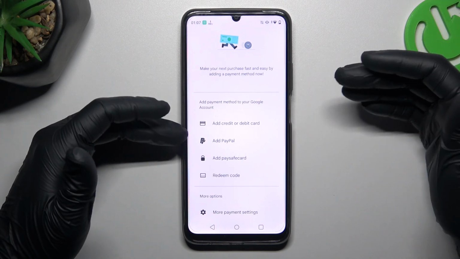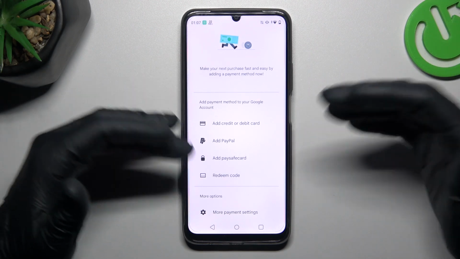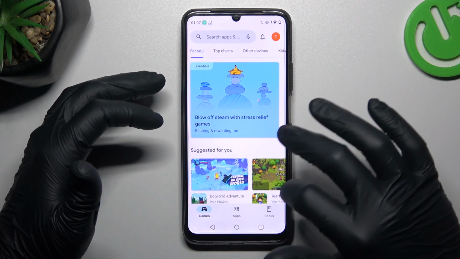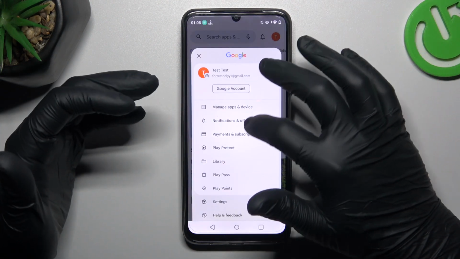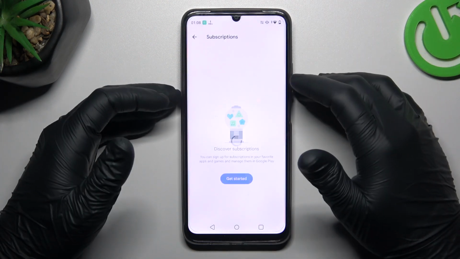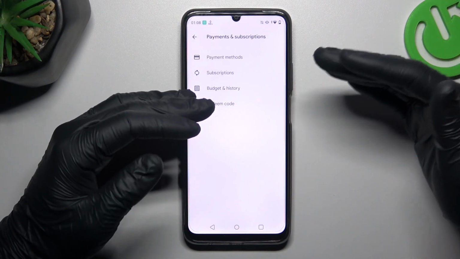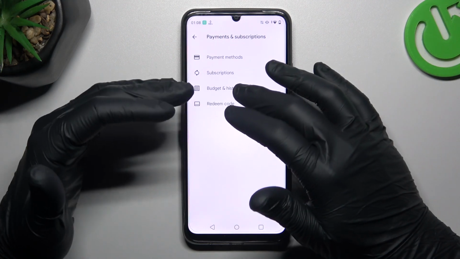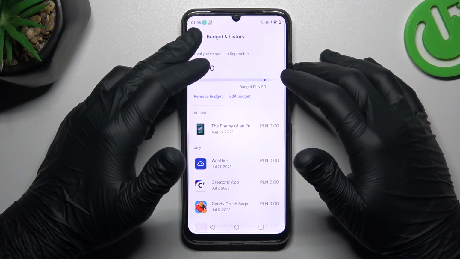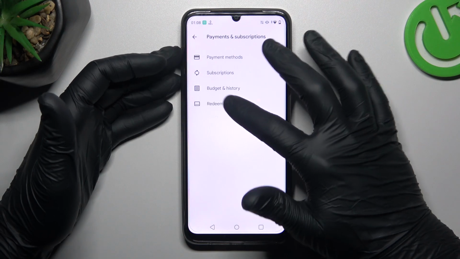And as you can see, you can add the PayPal here, PaySafe card, etc. or open the more payment settings. If you need to check all of your active subs, you can do it here. If you need to set the maximum budget for your apps and subscriptions or just check the history and past orders, open this section. If you need to use the redeem code, of course use